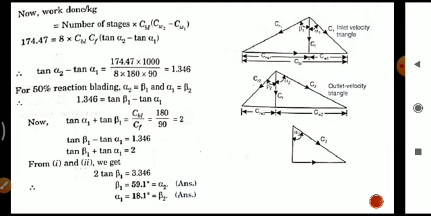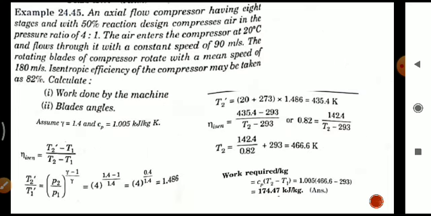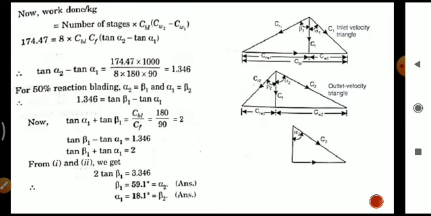In the question they mention that this axial flow compressor has 8 stages, so it should be multiplied by 8 for the total work done. The temperature equation gives the total work done, so for a single set of blades we divide by 8. So we get 174.47 equal to 8 into blade velocity into